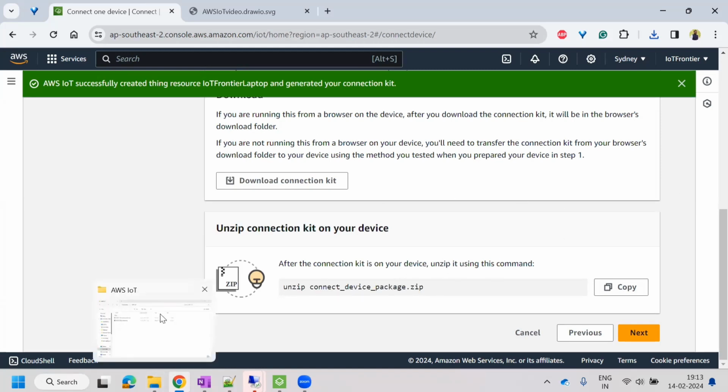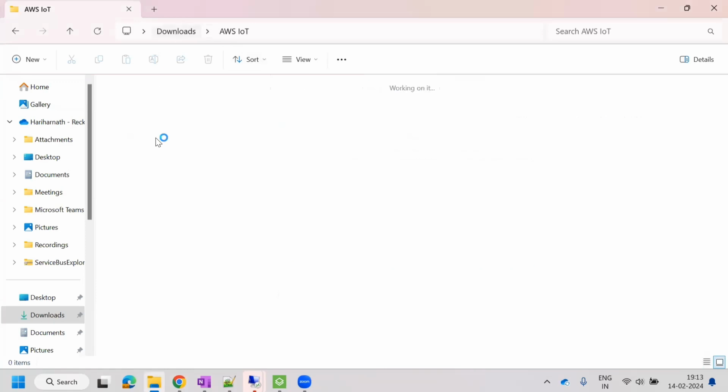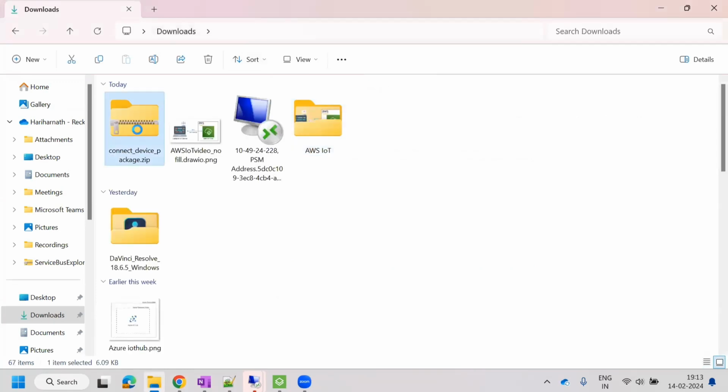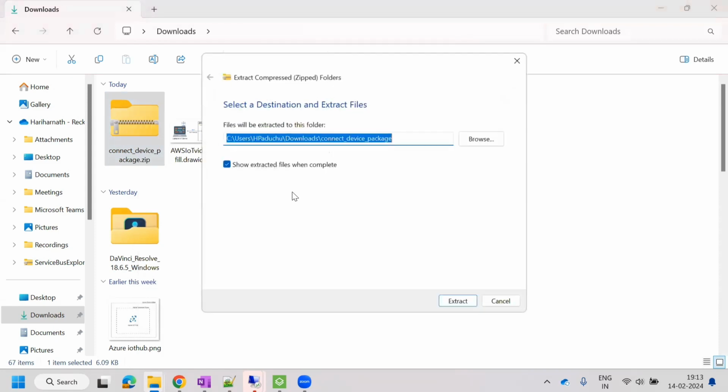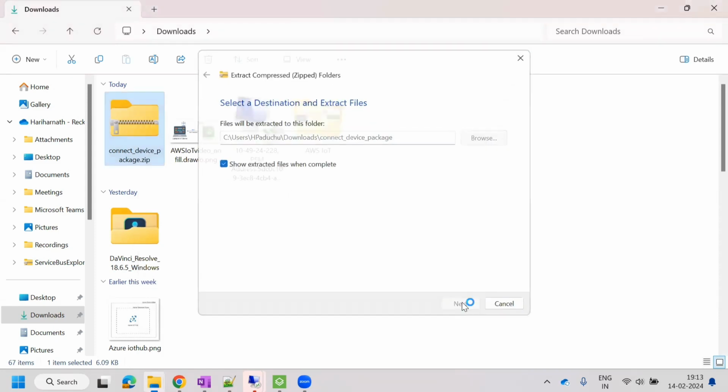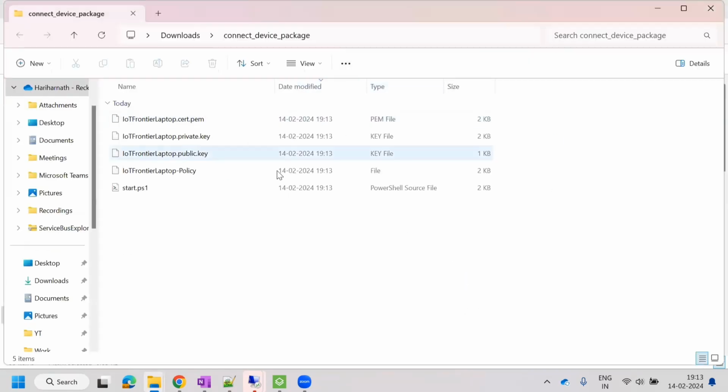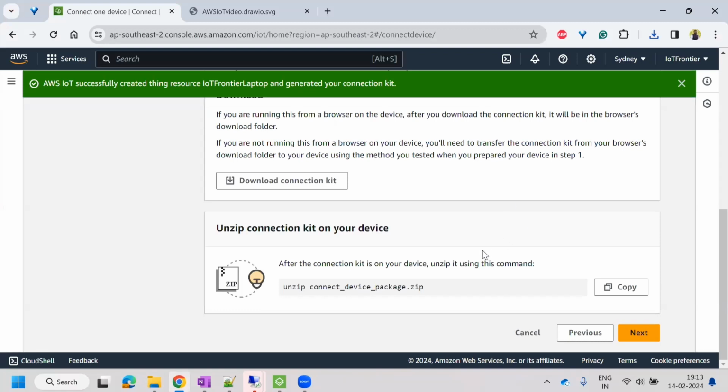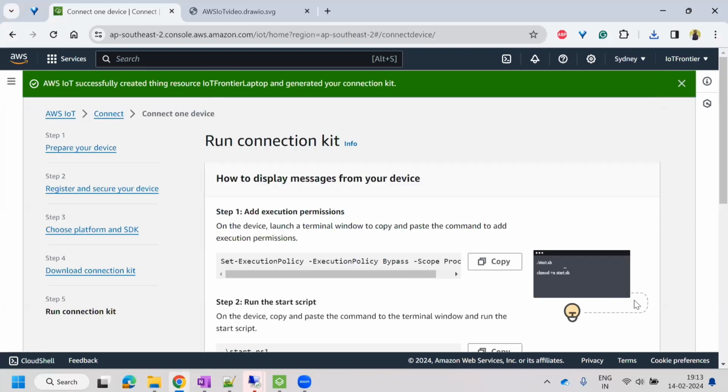So I'll go to my downloads and here I'll try to extract all. Now we can see some of the private and public keys and policies are mentioned here. So this step is done. We can go to the next one.